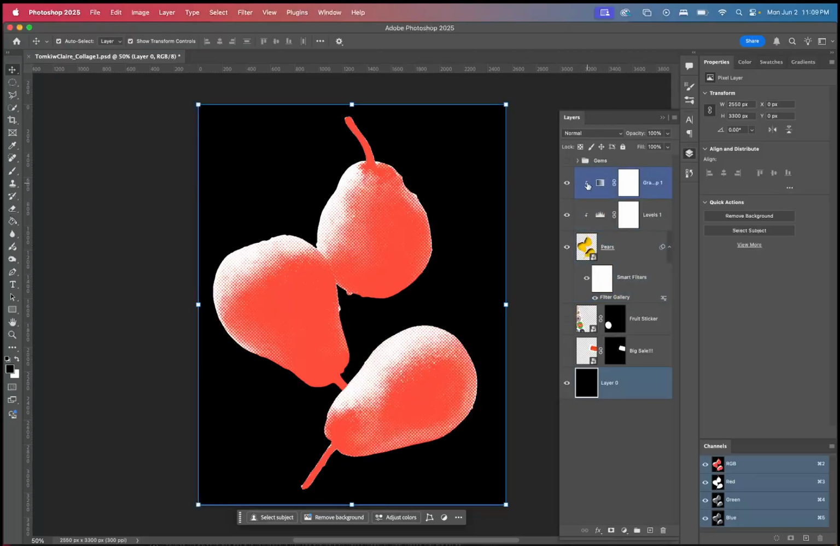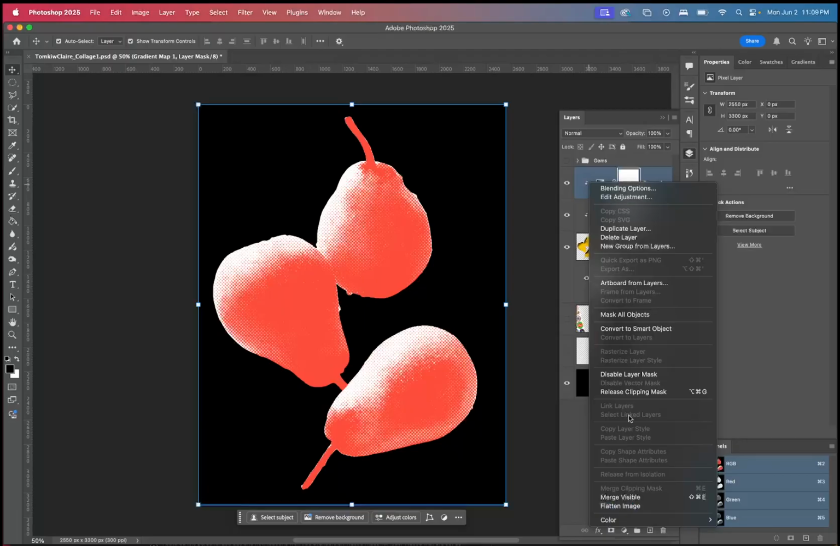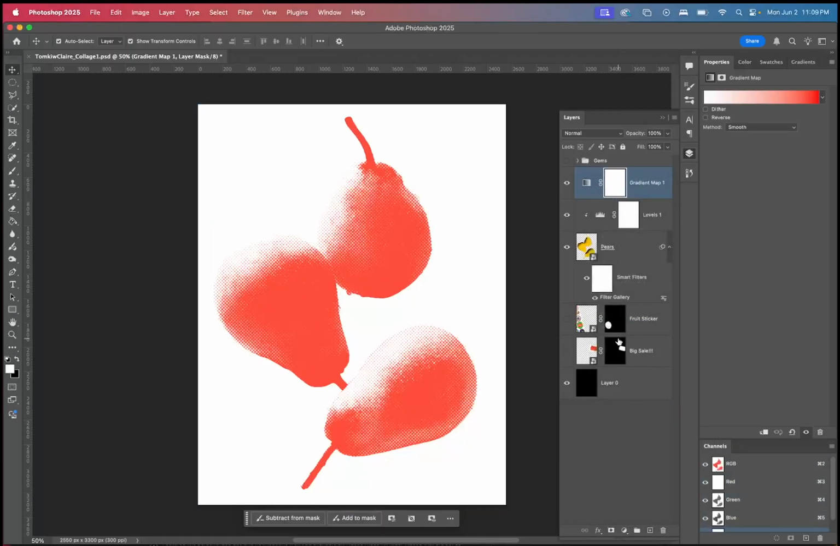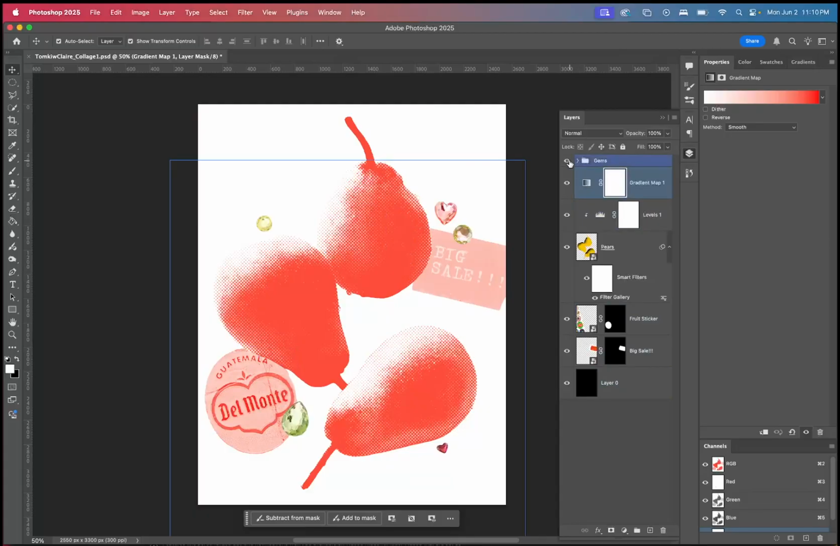This automatically was clipping masked to the layers underneath it. However, if I didn't do that, so if I were to remove or release the clipping mask on this, everything underneath it is going to be affected by that gradient map, just so that people are aware. So that also means that this current black layer is getting the white part of the gradient map imposed over it. So if I were to flip that,